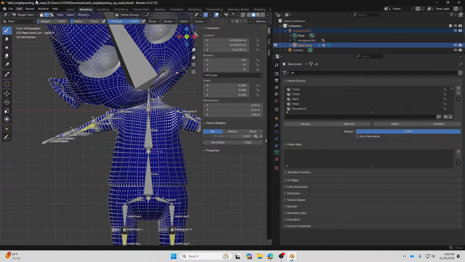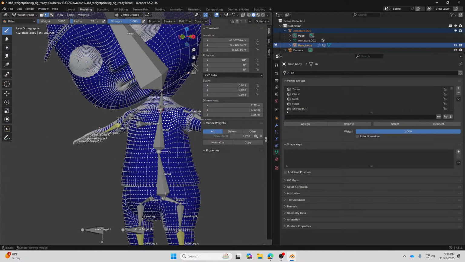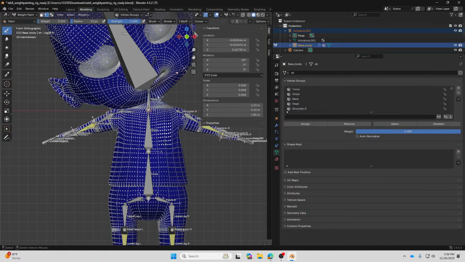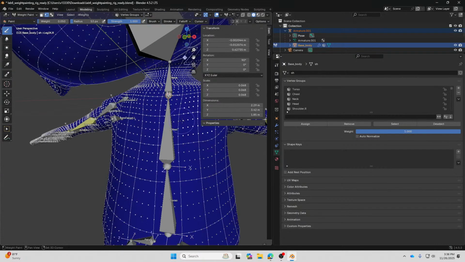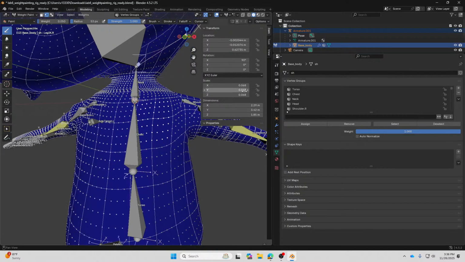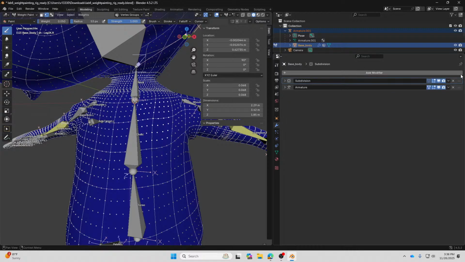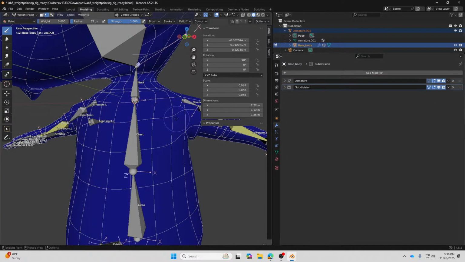One more thing, if you click on this vertex selection, which I've clicked on here and there already, you'll be able to mask out all of the unselected vertices. So you can click on this and then click on the model. It's divided this way because the subdivision is on top of the armature. If I move this one here, it's going to be easier to see.